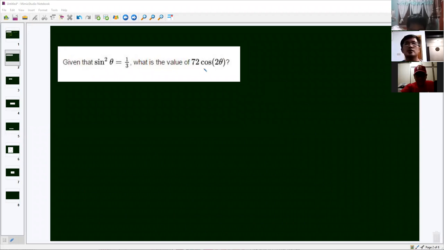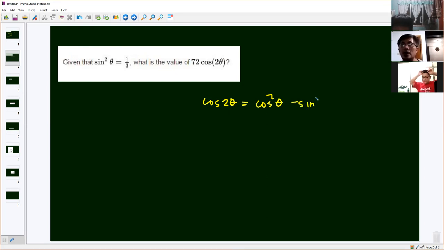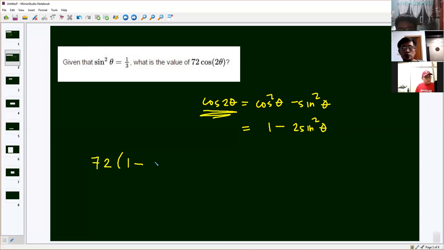Yeah, pala. We're given cosine double angle. Tatlo yan, no? Ang lagi kong tinatandaan, ito lang si cos squared minus sine squared. But, you see this one, you're given sine squared. Pwede mo na nga gamitin yan because you can go through the other identities of cosine 2, which is yung walang cosine squared, which is 1 minus 2 sine squared. This is what we'll do. So 72 times the quantity 1 minus 2 times sine squared, which is 1/9. That's it, right? So it's 72 minus